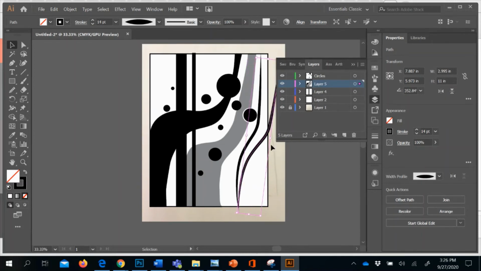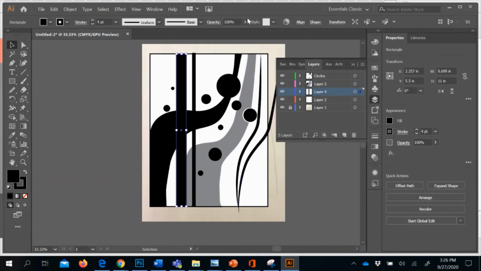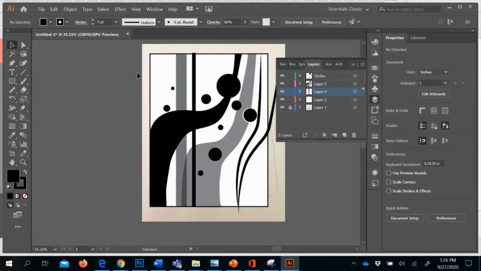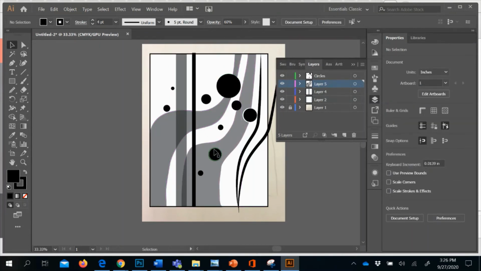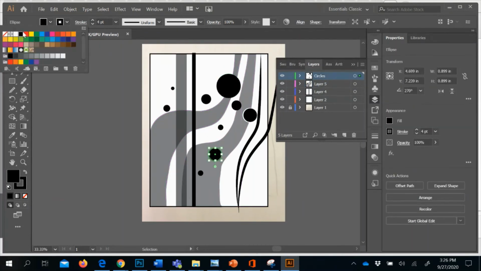Kind of play with the way it looks. Maybe I'll make this one a little transparent. So if you're using color for this, if this is your color one, it can be really cool when these areas overlap when you're doing transparencies and you're doing different colors. That can be really, really fun. So just make sure it's balanced and, you know, you're playing with